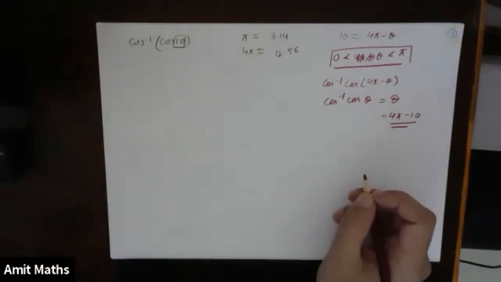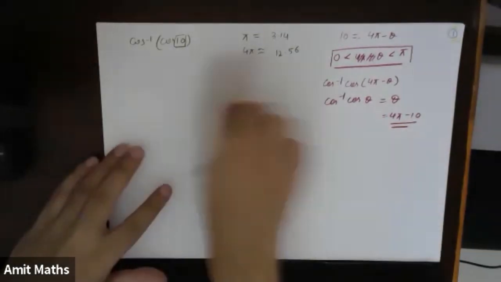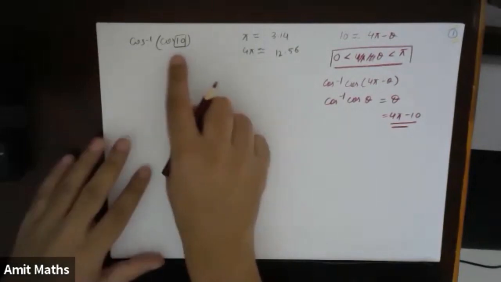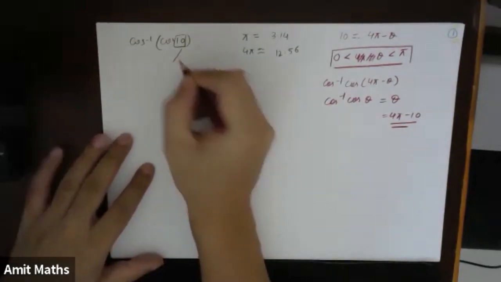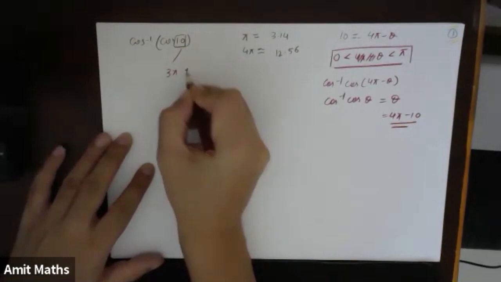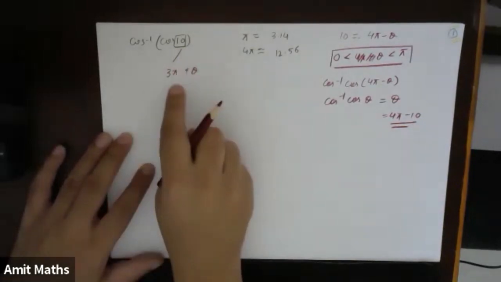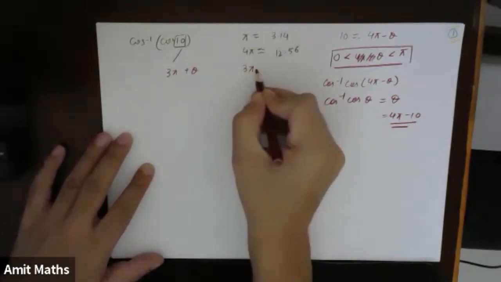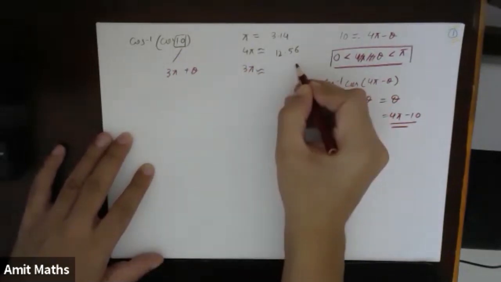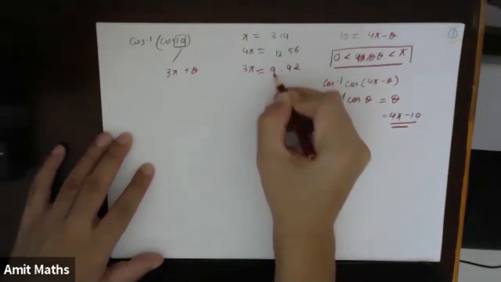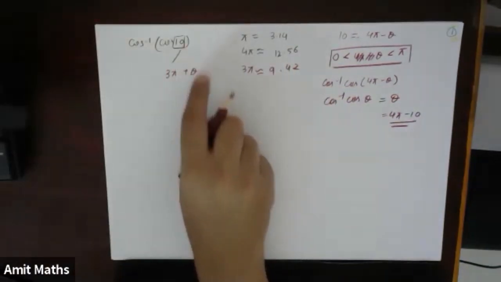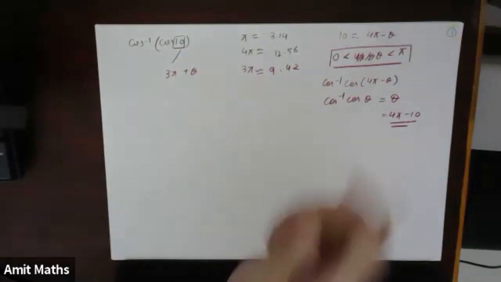But there was another set of students who were saying, sir, what will happen if I take 3 pi? So this 10 I can also write in the form of 3 pi plus theta, because 3 pi will be approximately 9.42. So again theta will be in the bracket of 0 to something, right?